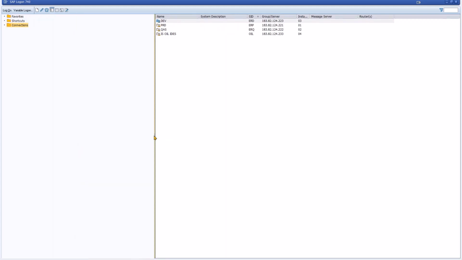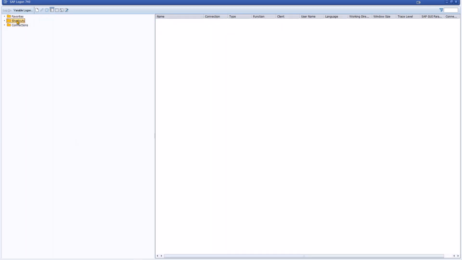Okay, now if you see on the left side, you have favorites, shortcuts and connections. So today we will discuss the favorites and connections. Shortcuts, I'll create one more video and share it with you in the next session or next topic. Okay, so for today,